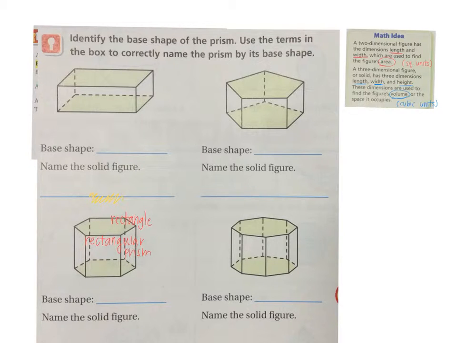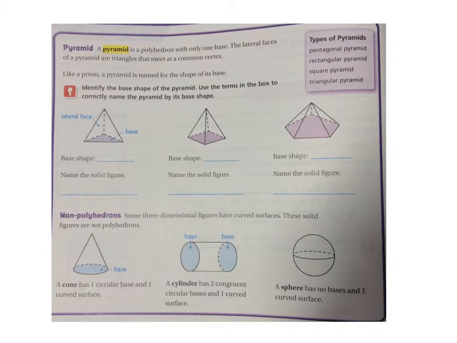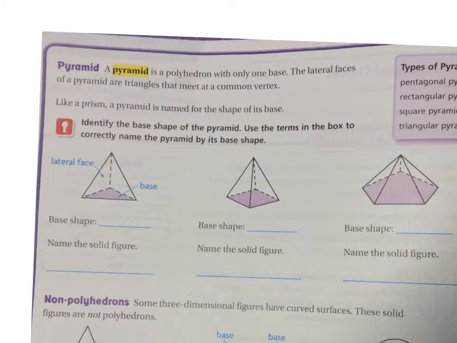What about that next one? What is its base shape? Pentagon. Good. So we call it a pentagonal prism. We usually just add the letters AL to the end of the polygon. A pentagonal what? Prism. Good. Let me ask you a question. What is the shape of its lateral face? Rectangle. Interesting. Good. In contrast to prisms, which have two bases and their lateral faces are always rectangles, a pyramid